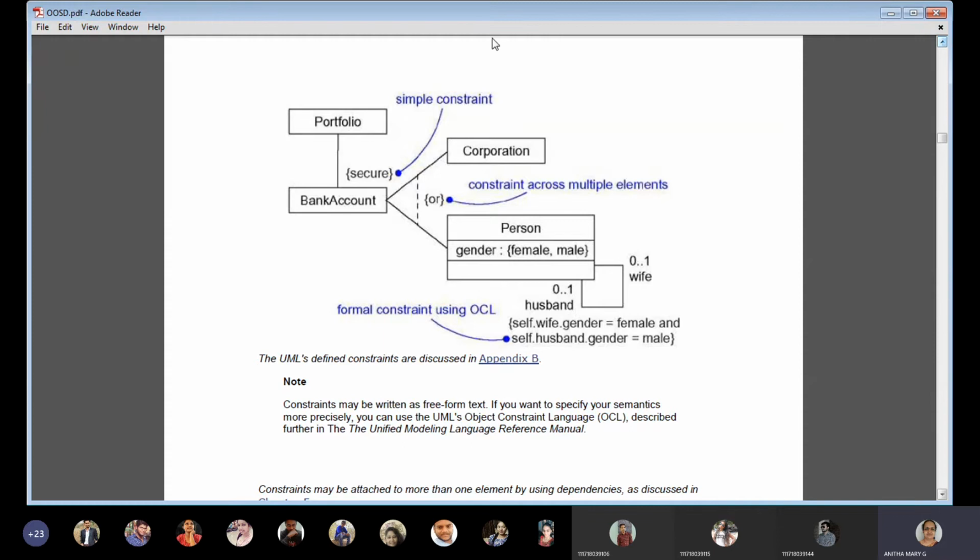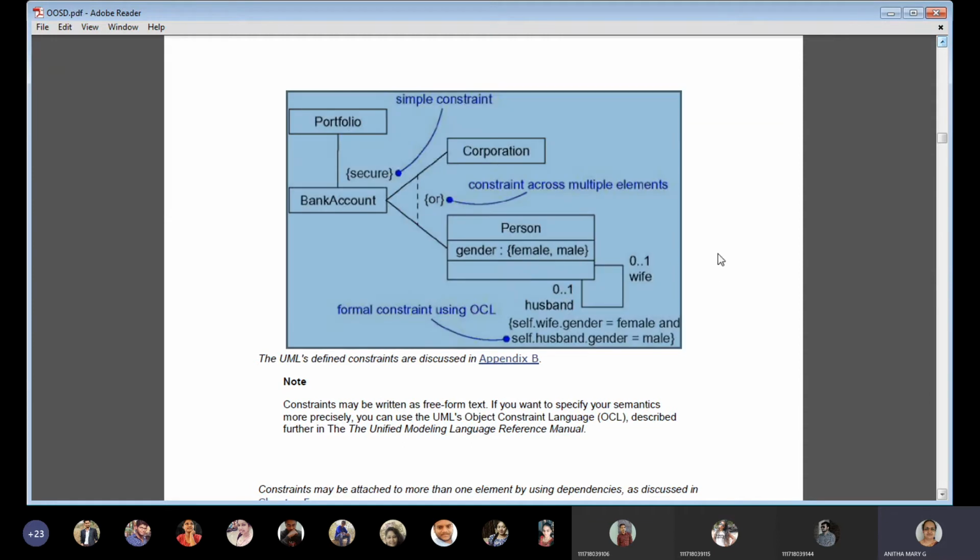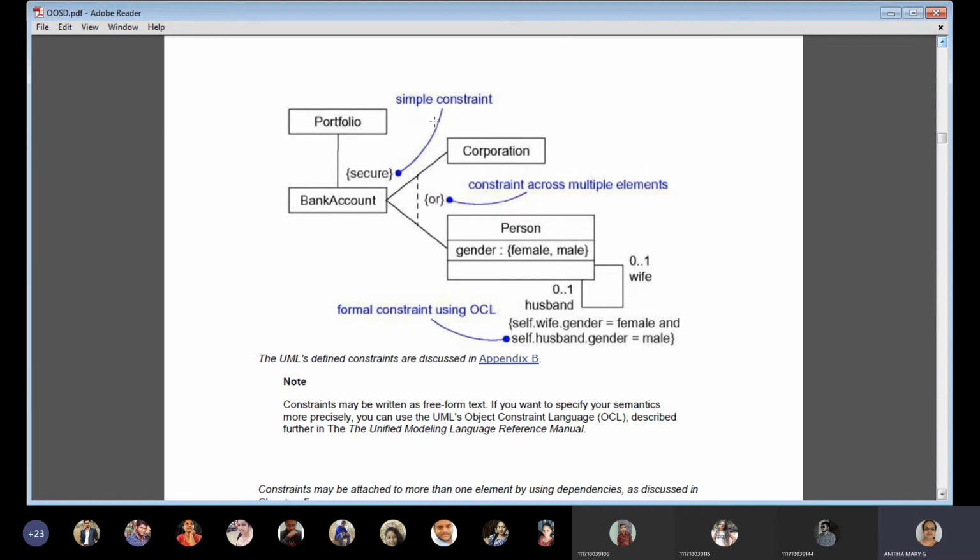So in this scenario, they are trying to tell us about different ways of giving a constraint, a condition. The simple constraint, the first one, says that the bank account is secure. The constraint along multiple elements can be given by saying either corporation account or personal account.